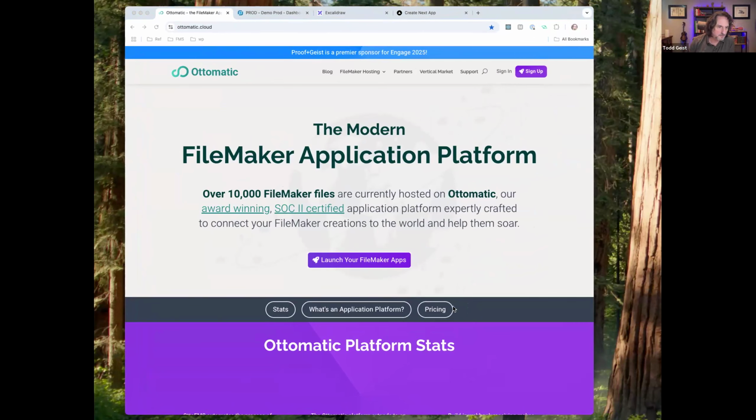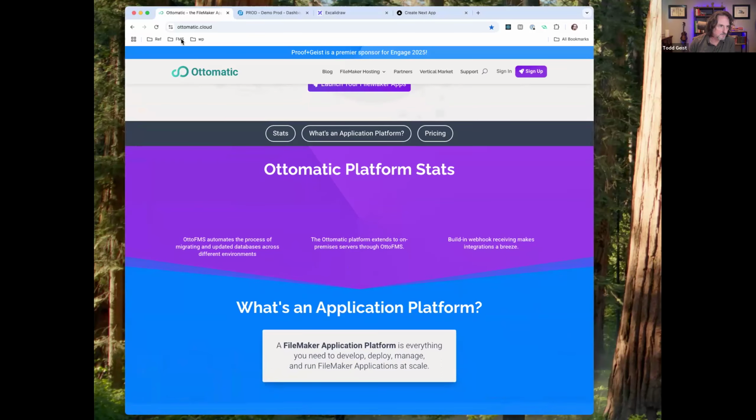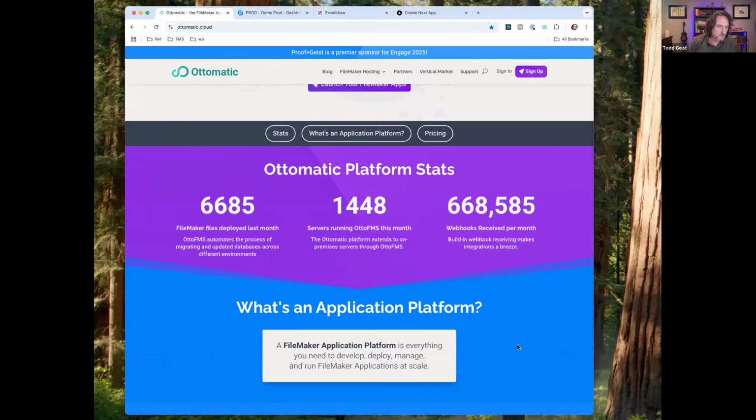As you can see a little bit below here, where are my stats not showing up on this? There we go. Auto FMS is running on 2,600 servers right now today. So this is 2,600 servers around the globe. Some in the UK, from our earlier presenter who talked about using Auto. And we've got customers all over the place. I believe that Gabe is just using Auto on his own infrastructure, not using Automatic. Chime in if you are. But it's become really popular, and we're really gratified for that.